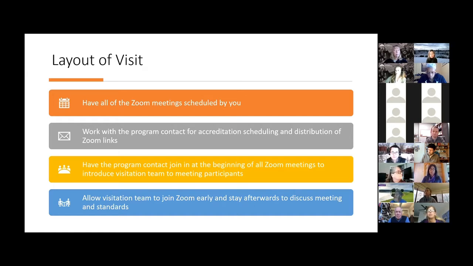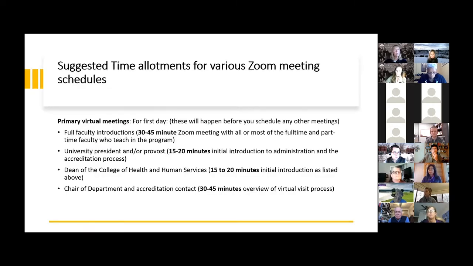for the team to be able to have opportunities to have conversations and follow up, and a little bit of chat time to be able to talk about what's happening. So somebody asked earlier about primary and secondary. And so just to give you an example of suggested time allotments in the primary and secondary areas,